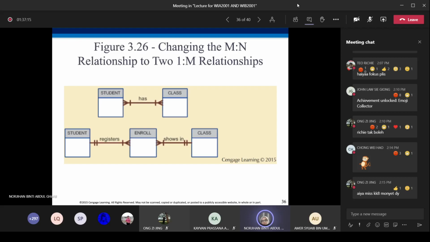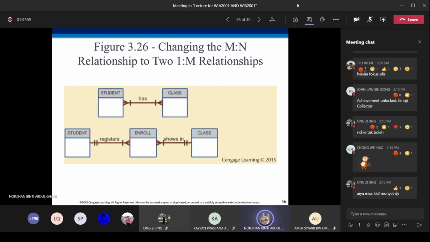One student has enrolled in one or many classes. As a student, you can register one course for one semester or many courses for one semester. All classes can be registered by one or many students. One course can be registered by one or many students.